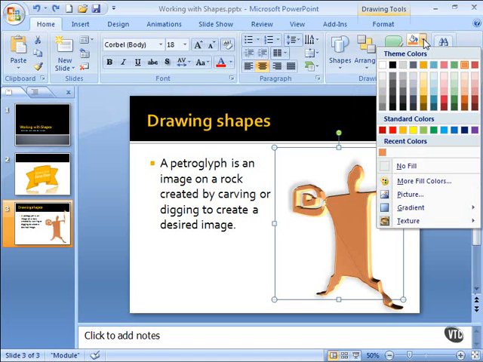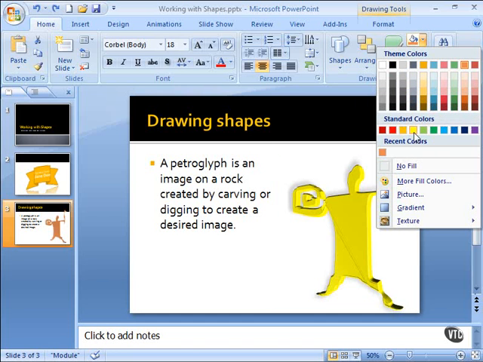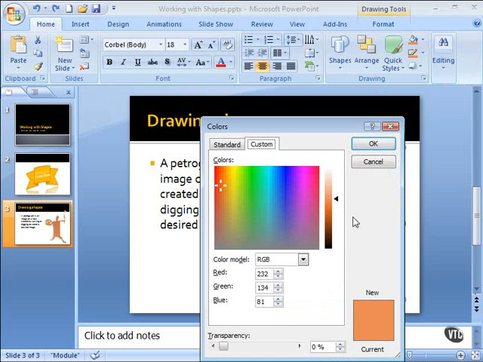fill. And I click that, and I have my palette of colors. If I want to use a color from the current theme that we're using, if I hover over the color, again, just like anything else you see in PowerPoint, it's going to give us a preview of what that color will look like. I can use some standard colors to get the same effect. And I can also go down here and select more fill colors if I want to apply a custom color